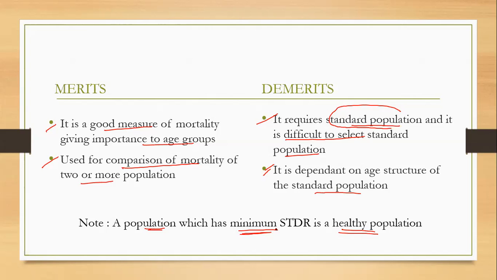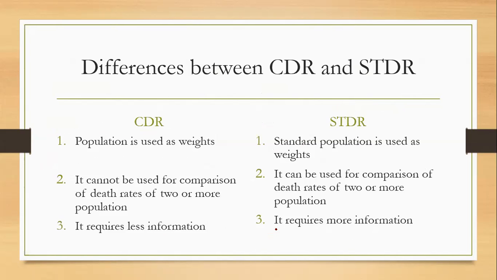Okay, coming to the differences. Now this question they will ask you for 2 marks again. Your differences between CDR, that is crude death rate, and standardized death rate. Now you have to compare between that method and this method. First one, population is used as